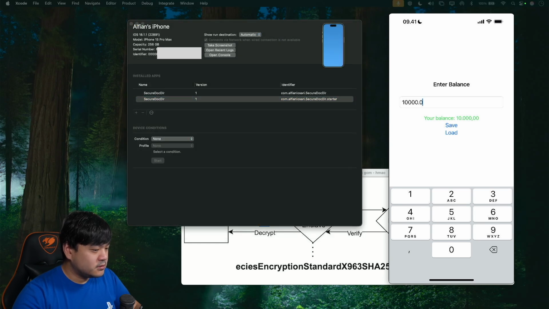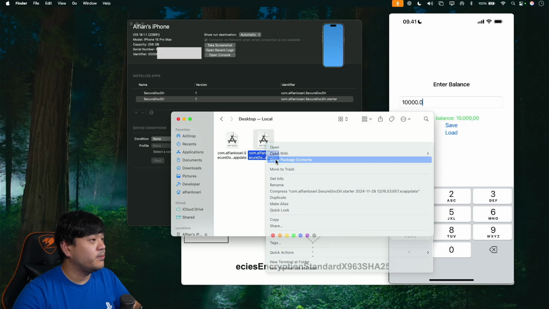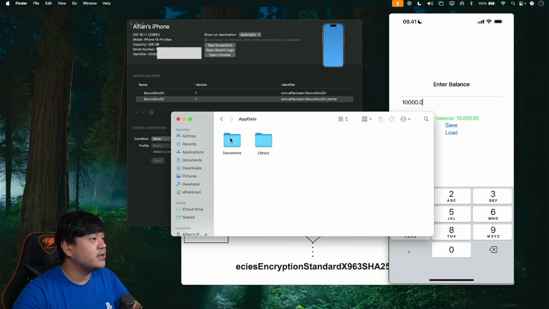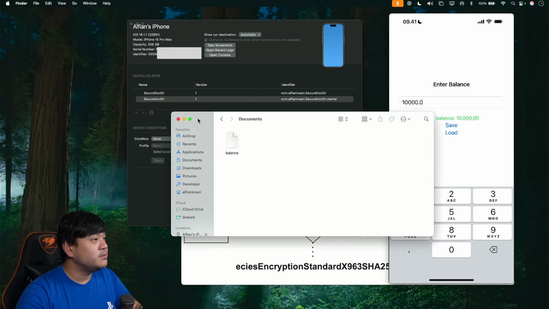Okay, so here on the desktop I can simply click Show Package Contents, click AppData, and here this is the document directory, and here I can open this balance containing the JSON. So this is the data stored as a plain JSON file. I can simply change the amount of the balance here, modify it, and replace the one that's stored in the iPhone.